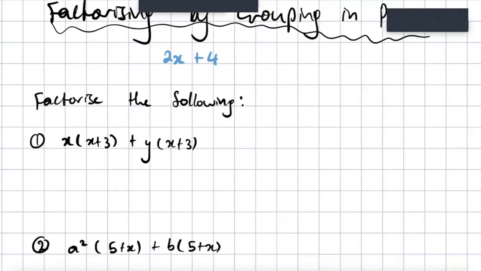Hello and welcome back. Now we're going to be doing factorizing by grouping in pairs. This is the method that many people use as an intermediate step before they dive into factorizing quadratics. Think of this as a precursor skill for something called the PSF method. You'll see that come up sometime next term if you're following along with my class, but for the moment you're going to see this primarily just used to factorize expressions that look a little bit weird, that don't have a